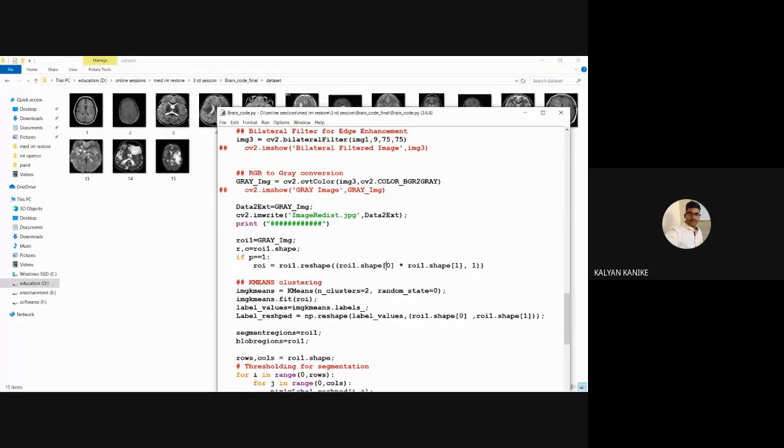Whenever we use square brackets and 0, we are calling some position. One element we are calling through positions. Shape means R is the 0th position and C is the 1st position.